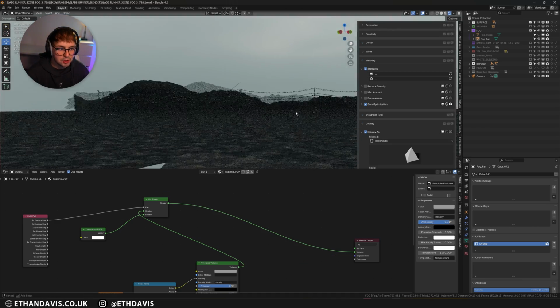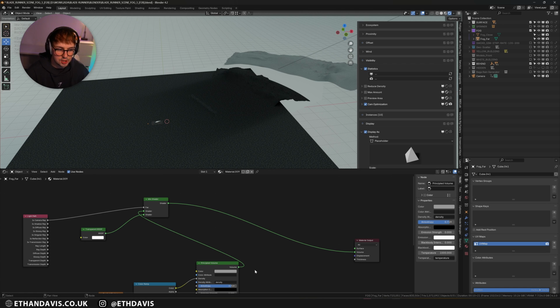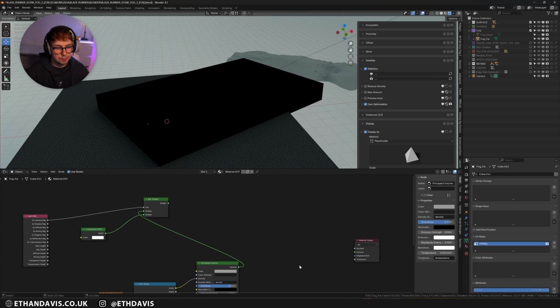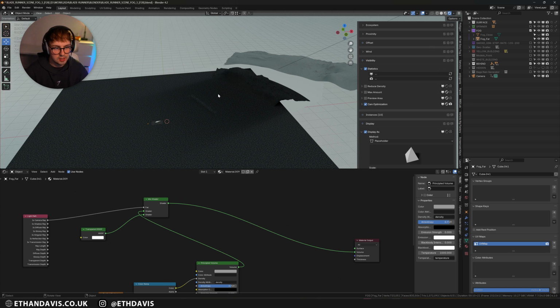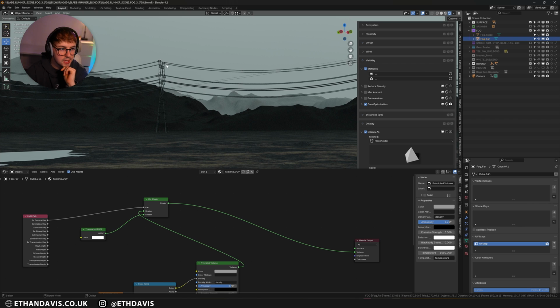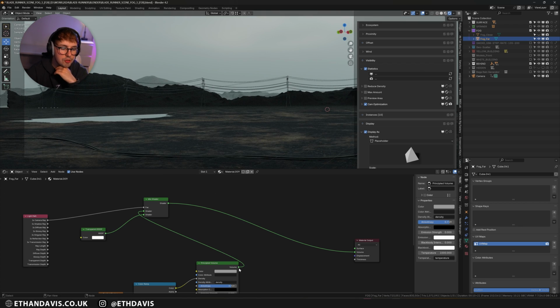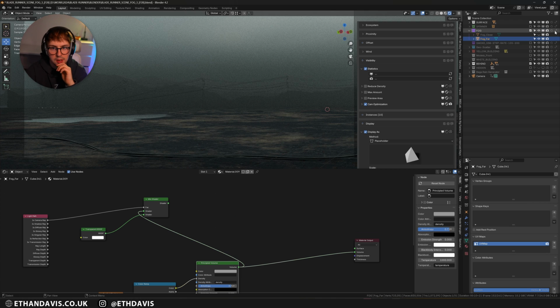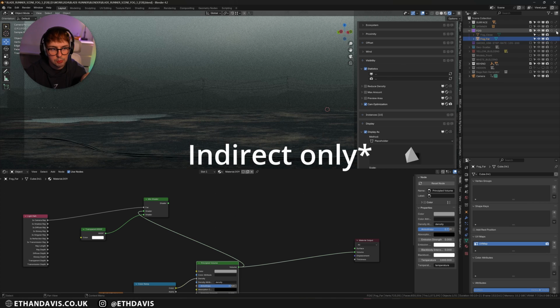So here you can see I have no fog, but it's still casting a shadow. If I turn it off completely or just hide the object, you'll see that shadow disappear. The reason for that is because if I'm rendering fog separately so that I could use a different noise level so it rendered quicker, I could then composite it on top and it's still the same. But I was having issues with black edges around it.